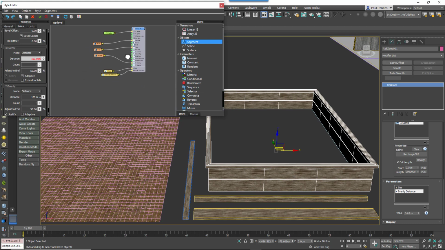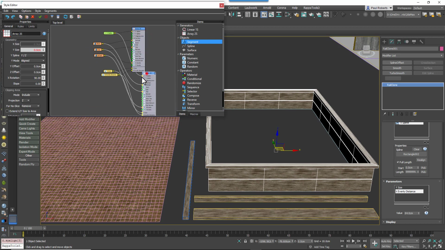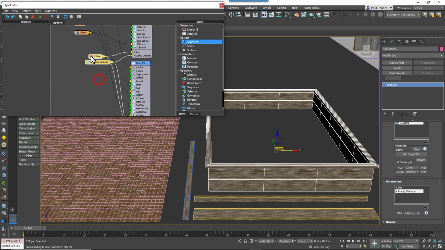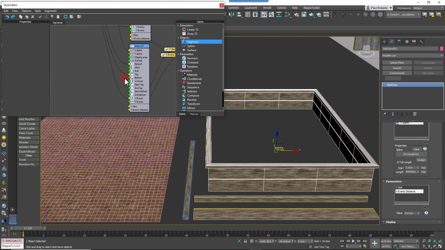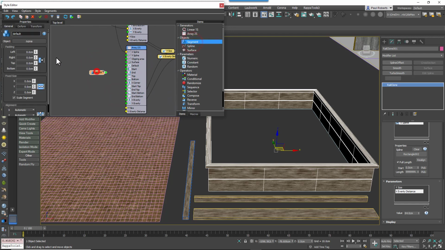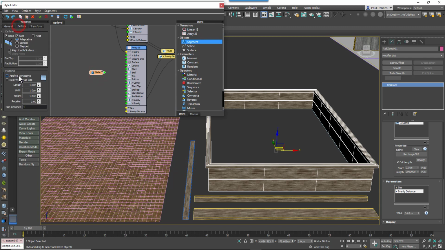Now let's add stakes in a separate generator. So select the existing generator and copy and paste to create a new one. Remove all inputs except the spline and the parameters. Create a new segment node and select the stake geometry from the scene. Turn on automatic box mapping and real world map size, and then wire the segment to the X evenly and